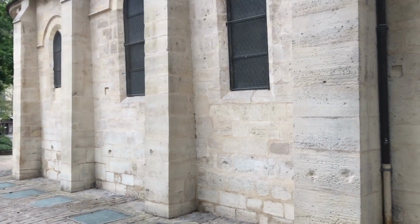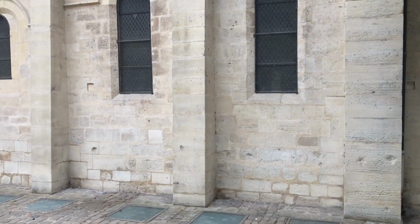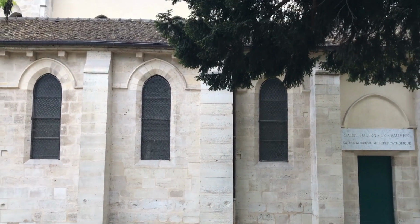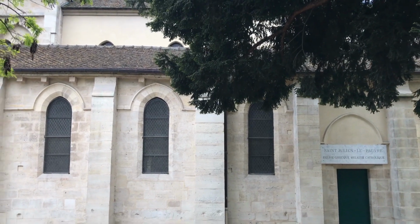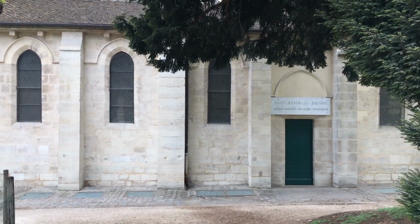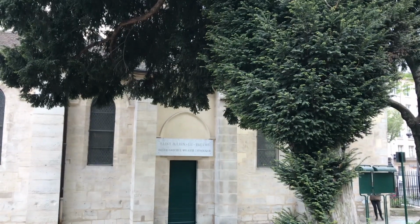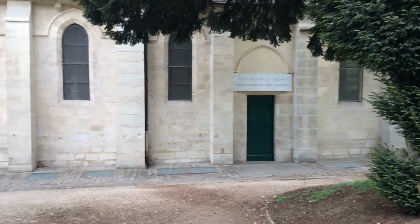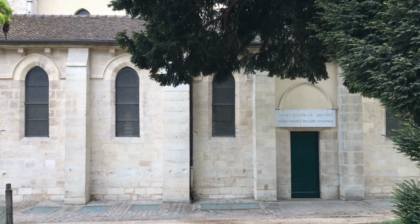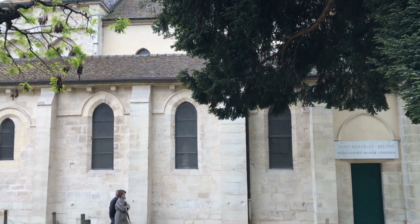We are pretty sure that the first time this building was made, it was not designed as a church, but more as a basilica. So basilica, in the Roman meaning, of course, means not specifically a religious building, but a place of public life. Then it was turned into a church when the Roman Empire was Christianized. However, this church does not look like what it was back in the 4th century, for the simple reason that at